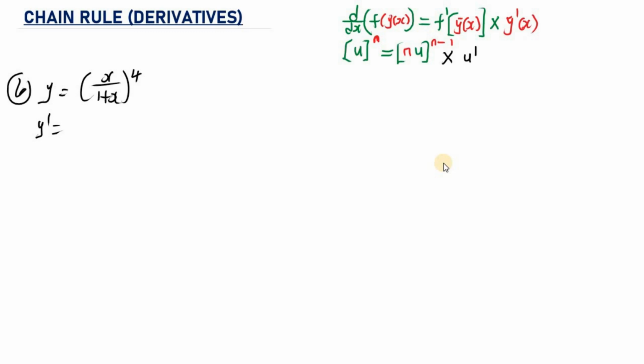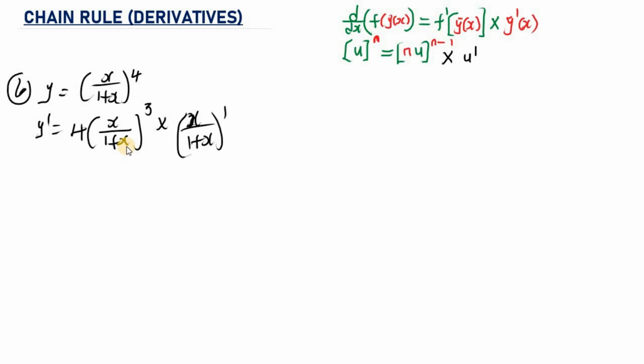So this is going to be y prime is equal to, now it is going to be the power. As you can see, the power is 4. So we're going to move the power to the front. So this is going to be 4 multiplied by the inside function, which is s over 1 plus s. Then we have to subtract 1 from the power. So 4 minus 1 is going to give us 3. Then now we have to multiply this by the derivative of the inside function. So what is the inside function? As you can see, the inside function is s over 1 plus s. So we are going to take the derivative of s over 1 plus s.